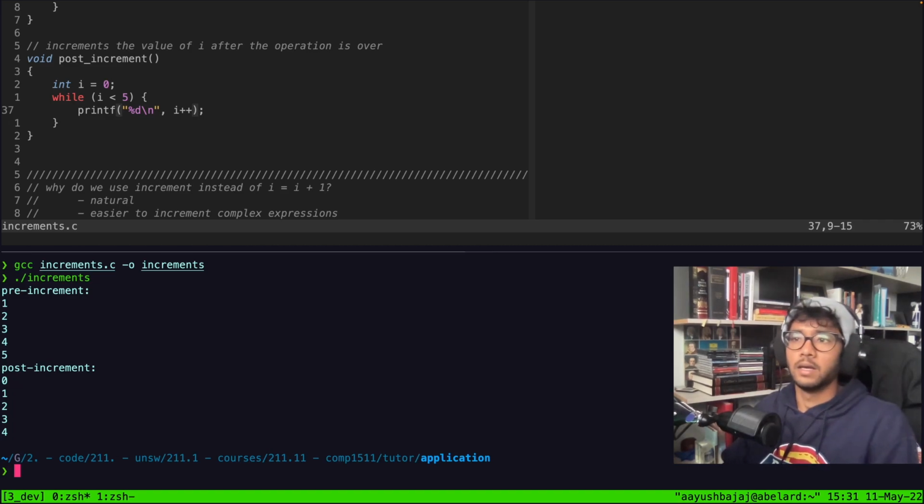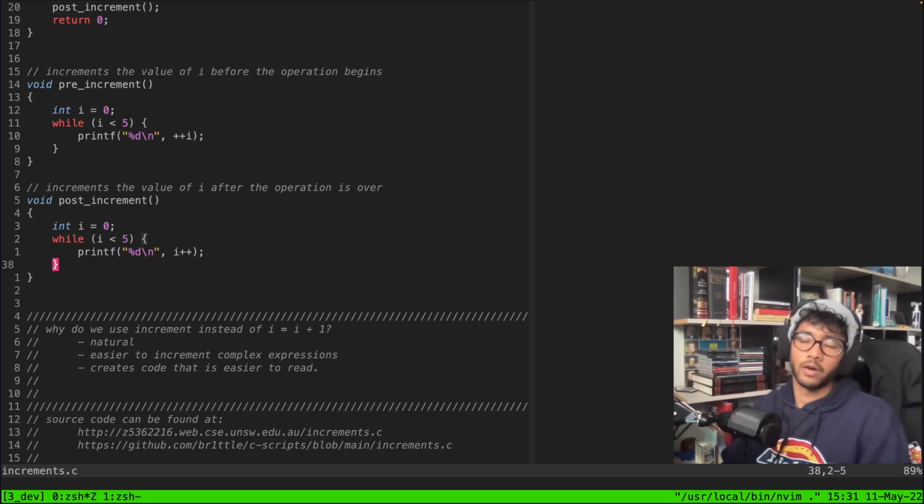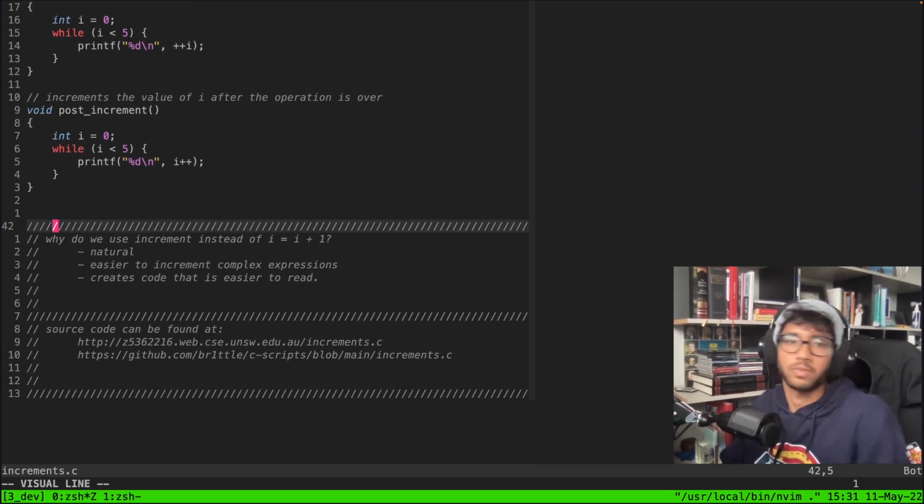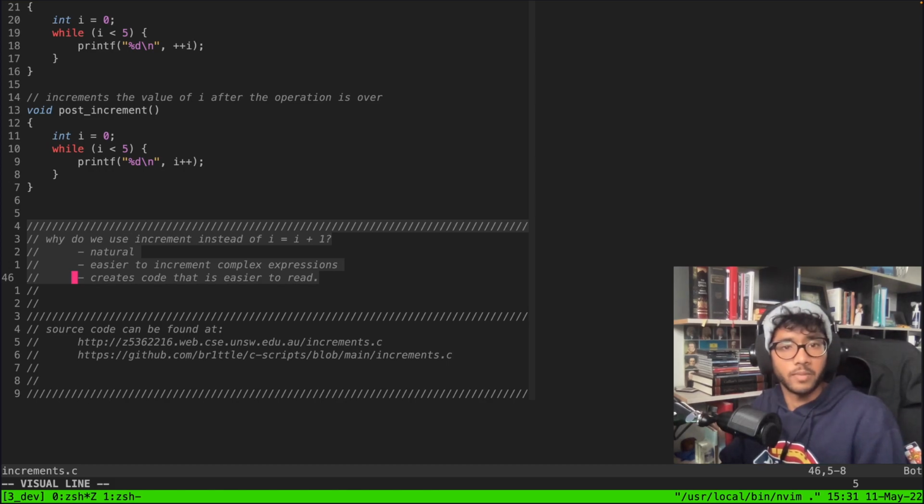Okay. All right. Let's go back into our C file here and let's actually take a look at what the point of all of this is. Usually we increment a variable by 1 by simply saying I is equal to I plus 1. Now look, that works fine when you've got small expressions such as I. But when you increase the complexity to something like x divided by y minus z plus 17,